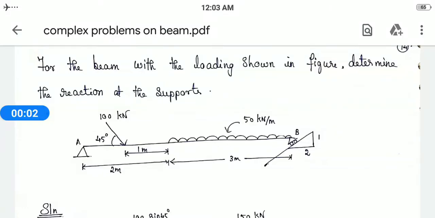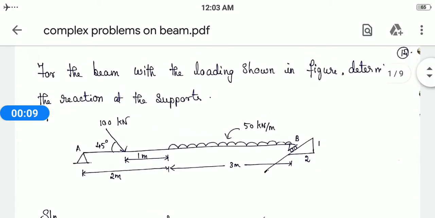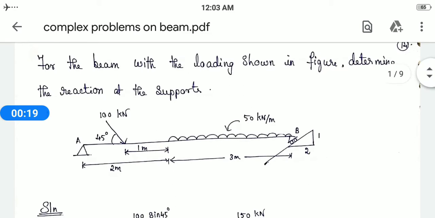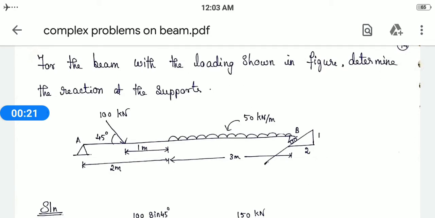Yeah, students, today we'll see some complex methods in solving beams. In our previous classes, we saw different conditions in beams, like an inclination of the loading, different types of loading conditions, and figuring out the distance between the loads. We had calculated all of that already. So in this class, I'll explain how to solve problems when there is some complexity.